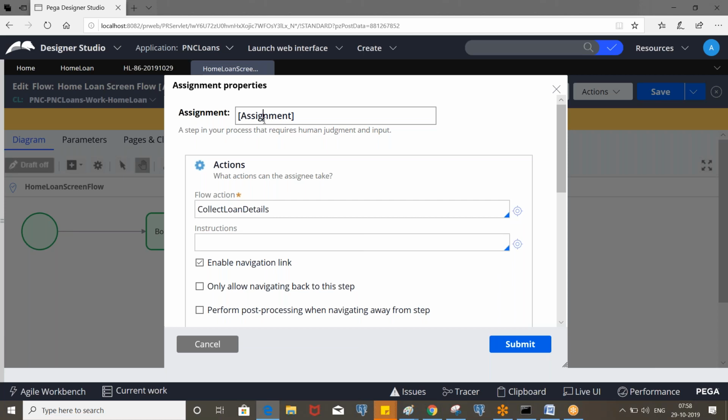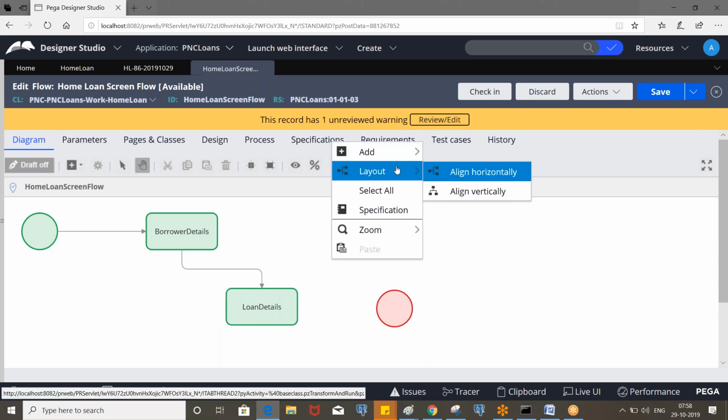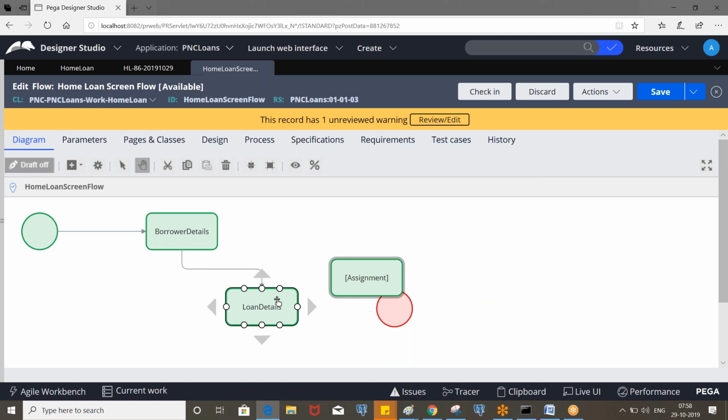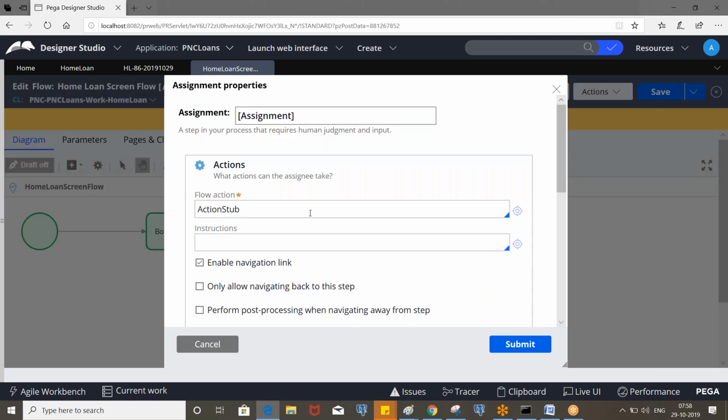Now call collect loan details, then add one more assignment. Likewise, you can put all the assignments which are required for home loan.